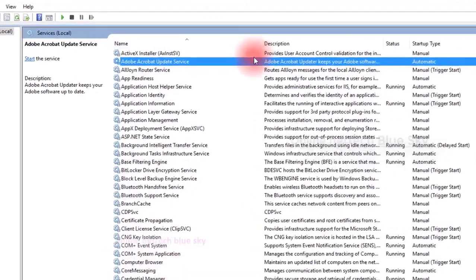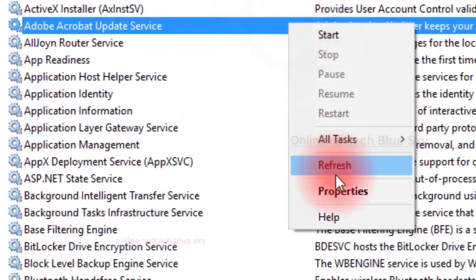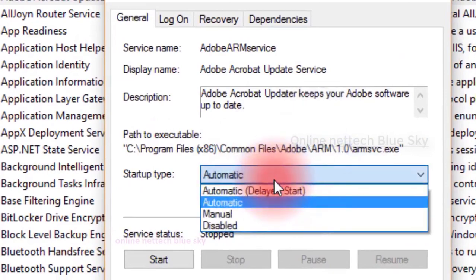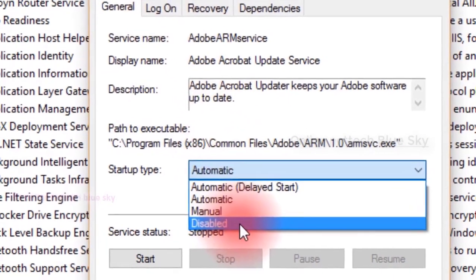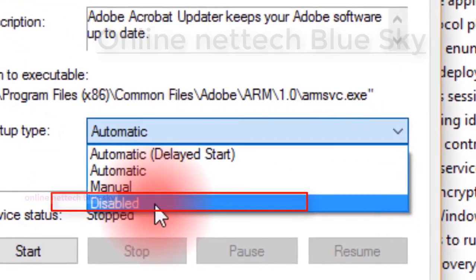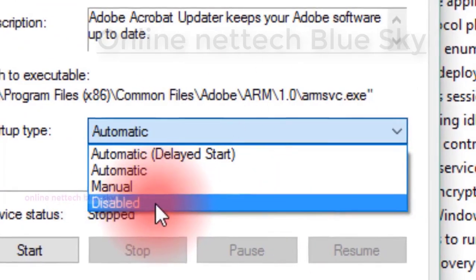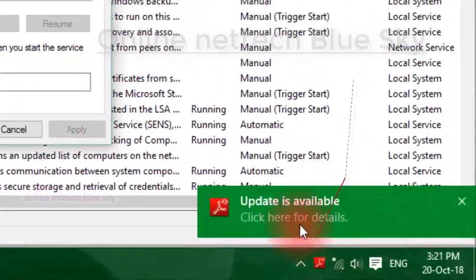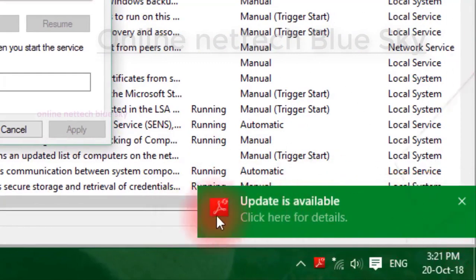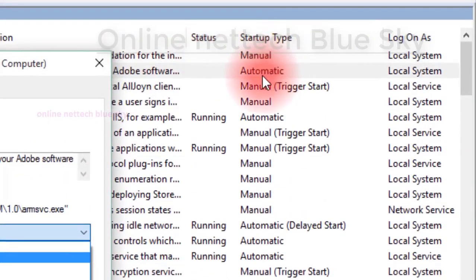If you want to disable it permanently, this file disable stops all these messages about updates being available. So this is how we can start these software services.